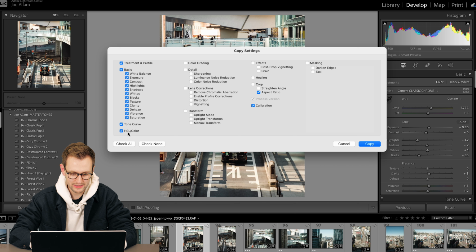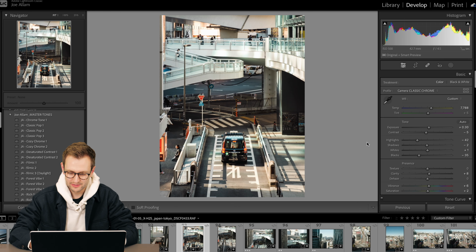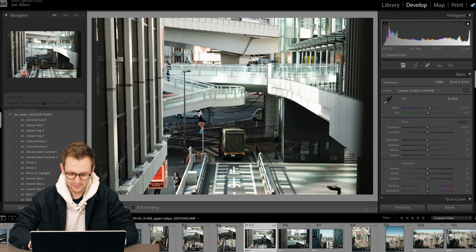So from our basic panel, tone curve, HSL, let's also bring in the color grading. I think I did some details, definitely did some lens correction. Let's not do the transform actually. Bring across that aspect ratio crop. And then let's also bring across our masking. And this is where it's so beneficial to name your masks, because now that I'm copying them, I know exactly what I'm bringing along. And it's not a random name that means nothing to me. So I'm going to copy these, go to my target image,